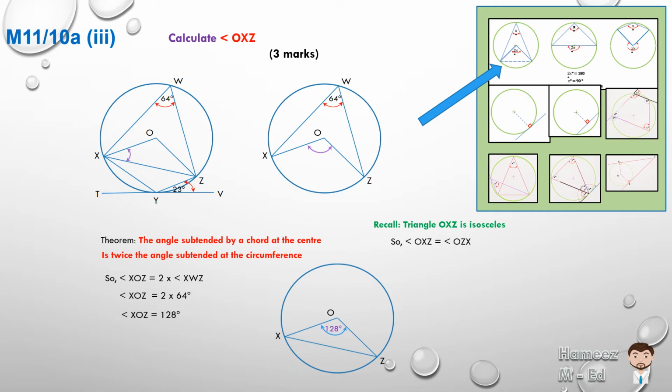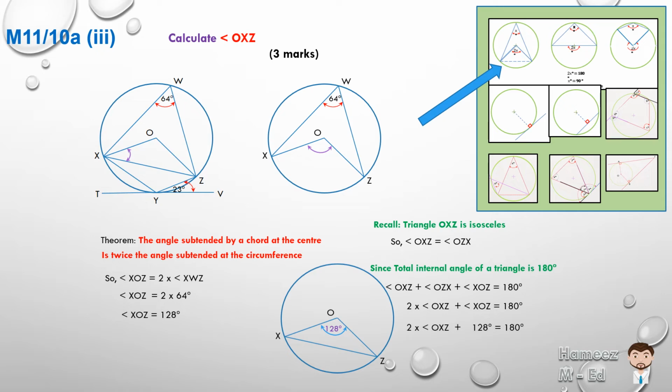Now, we know the angle at O, and let's recall that the total internal angle of a triangle, when we add up all the angles, will give us 180 degrees. So we can now write the angle OXZ, which is the angle at X, plus the angle at Z, plus the angle at O, all three is equal to 180 degrees. And two of them are the same, so we can write 2 times OXZ plus the angle at O is equal to 180 degrees. And we know the angle up on top, so we can substitute that. So 2 times X, or OXZ, plus 128 degrees